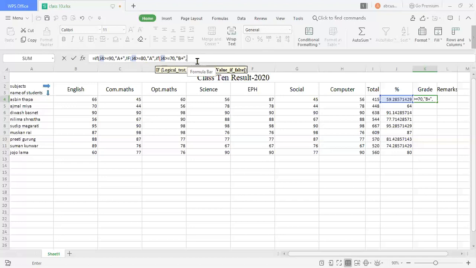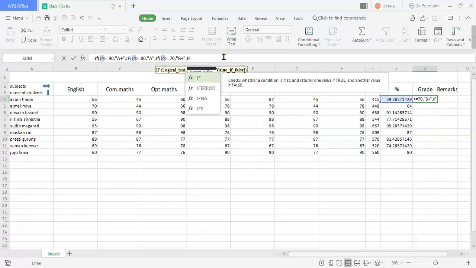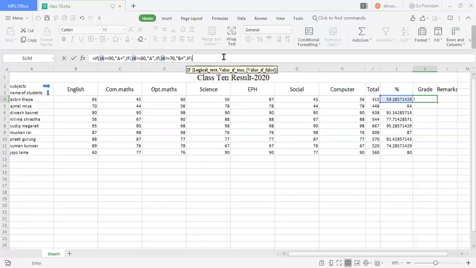Let me take the next extra IF condition. If the percentage, J4, is greater than or equal to 60 and less than 70, then we have to show the result as B grade, just grade B. These are the criteria for the grading system.